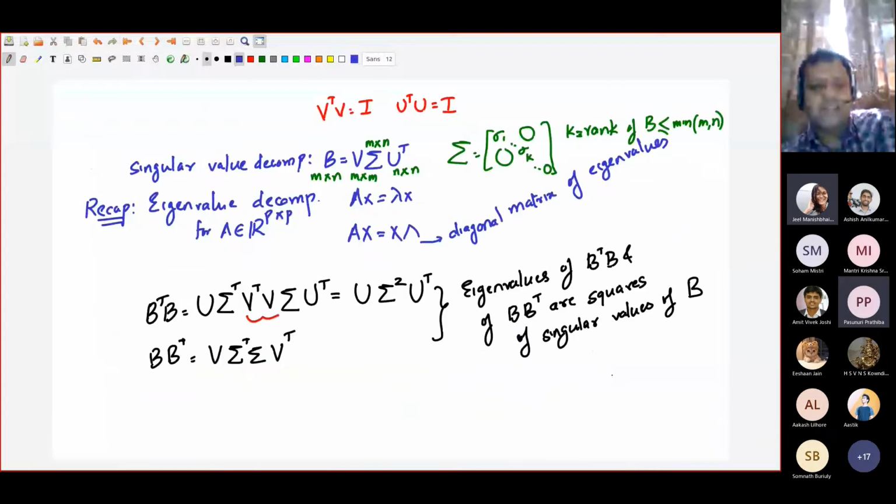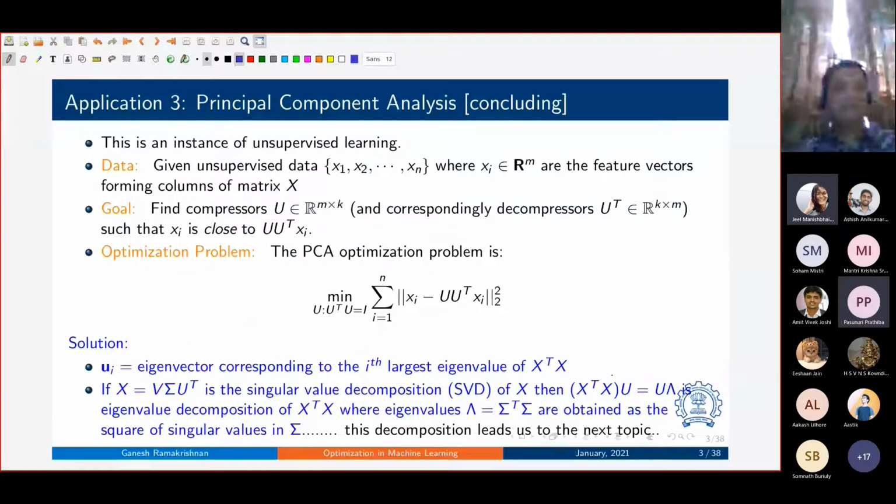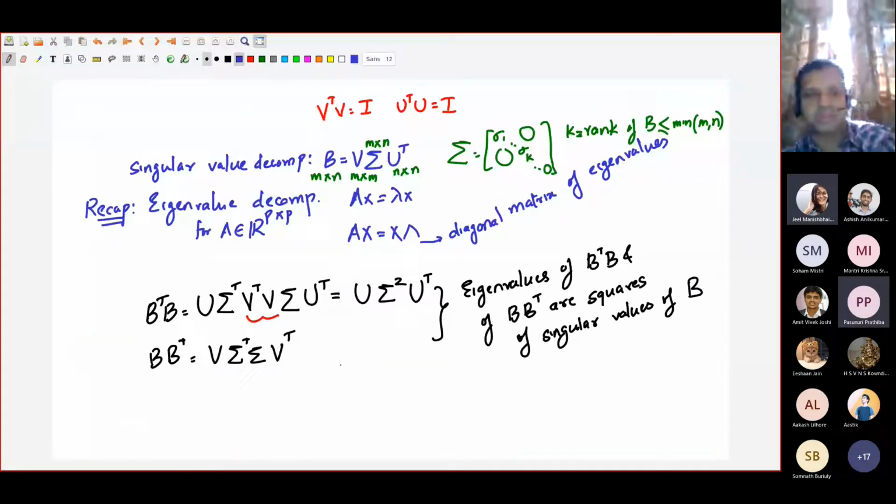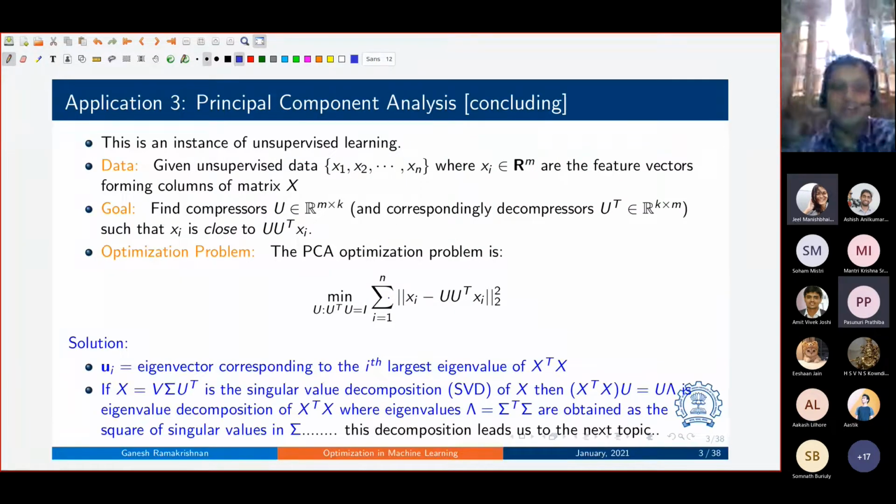So roughly that's how you solve, right? e_i is the eigenvector corresponding to the ith largest eigenvalue of X transpose X. I showed you this, right? So if you go by this decomposition, then u_i, the ith largest eigenvector of U, would correspond to the ith singular value, the ith principal component. And the rest is something we have discussed already. The eigenvalues in sigma transpose sigma are obtained as the squares of the singular values in sigma. So this is a very important decomposition.